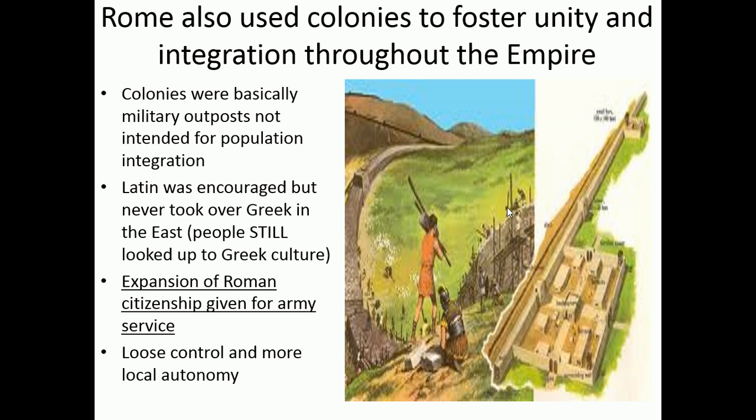We talked about the concept of citizenship in the last lecture. It's a concept that means that you're really a part of the political community with both rights and responsibilities. And in Rome, this really conveyed you with very special status. There were special laws and special courts and special rights that you had that people who were not specifically citizens of Rome were not allowed to have or participate in. So again, China, more centralized, more local cultures, more autonomy, and Rome, of course, had a lot looser control.